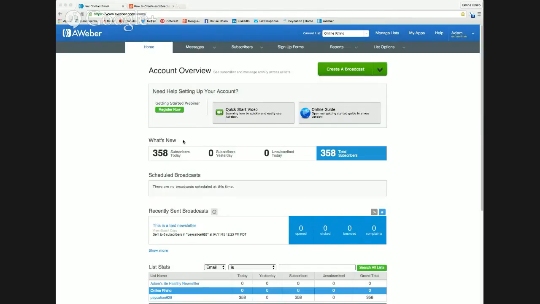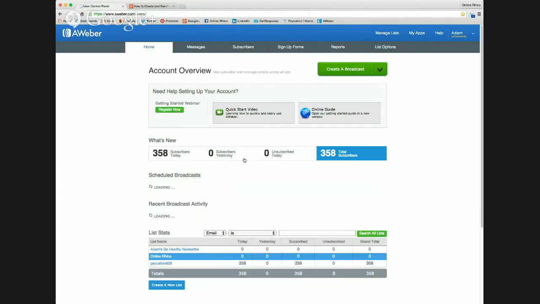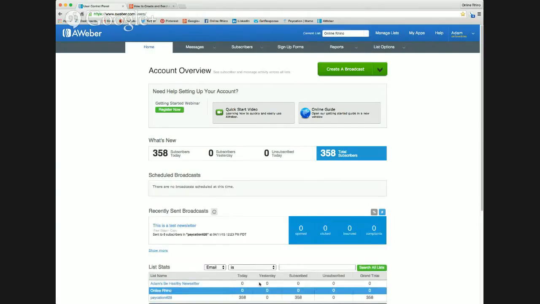Now, this right here obviously is you logged into your AWeber account. Up here is the list that you are currently going to send to. I have set up 3 lists here: my vacation list, my online rhino list, and my Be Healthy newsletter list. I'm not actually going to send a message, so I'm just going to leave it right now set to online rhino, and so it's going to go out to that list, which technically